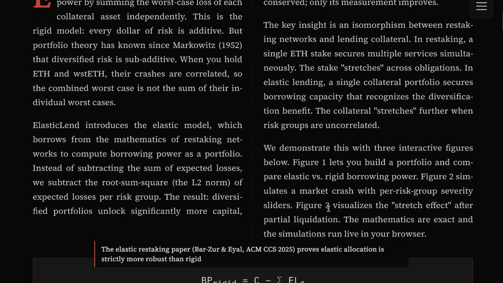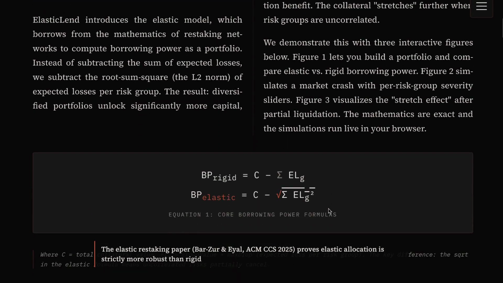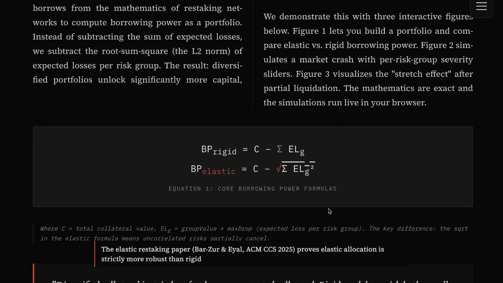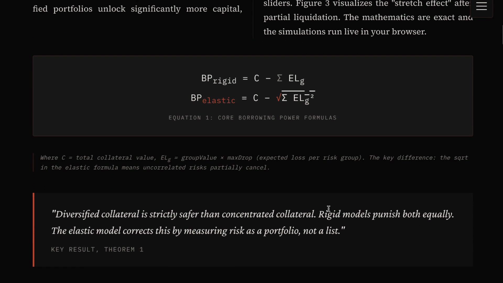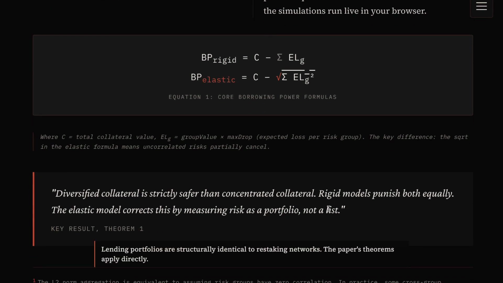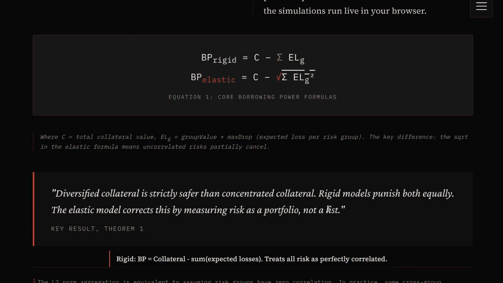Okay, this is the abstract of the paper. You can see the borrowing power formula and the elastic risk-taking paper by Bar-Zur and Eyal. It proves that elastic allocation is strictly more robust than rigid. We discovered that lending collateral portfolios are structurally identical to risk-taking networks. The paper's theorems apply directly to this. The rigid model sums losses linearly, while the elastic model takes the square root of the sum of the squares,